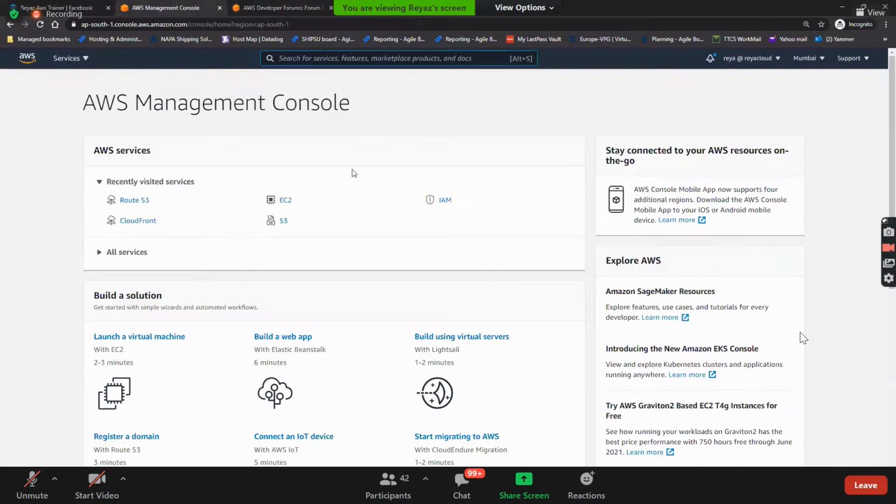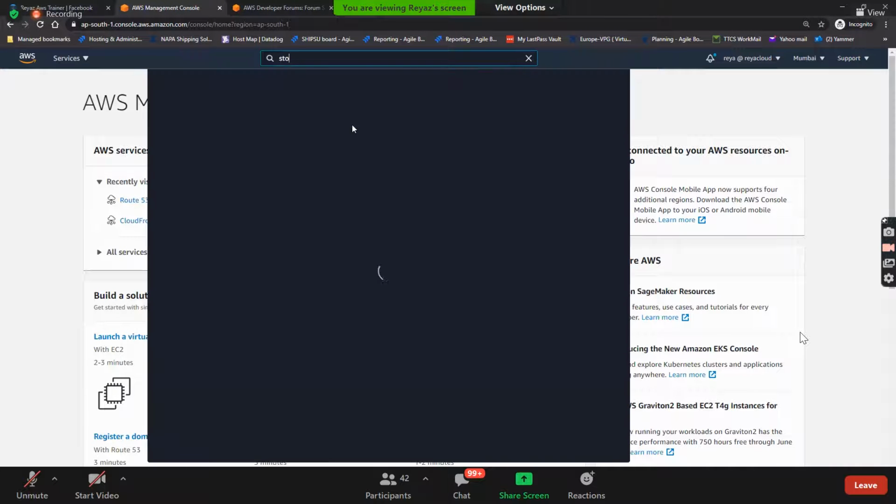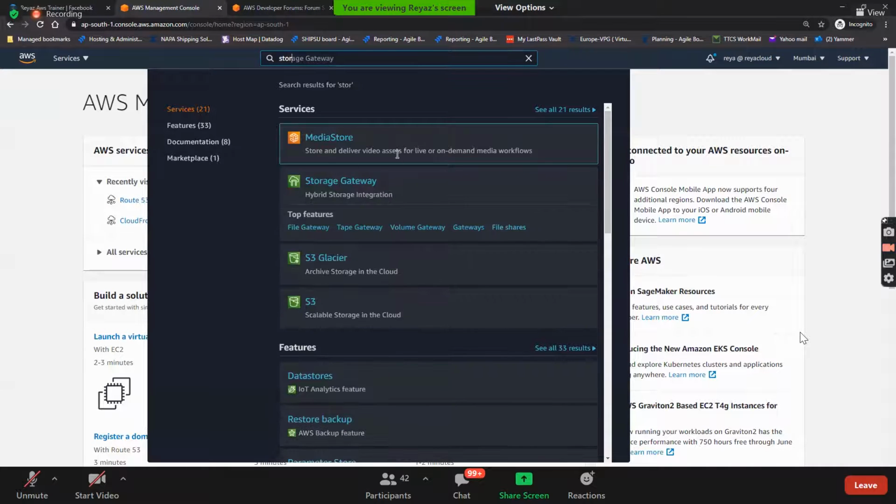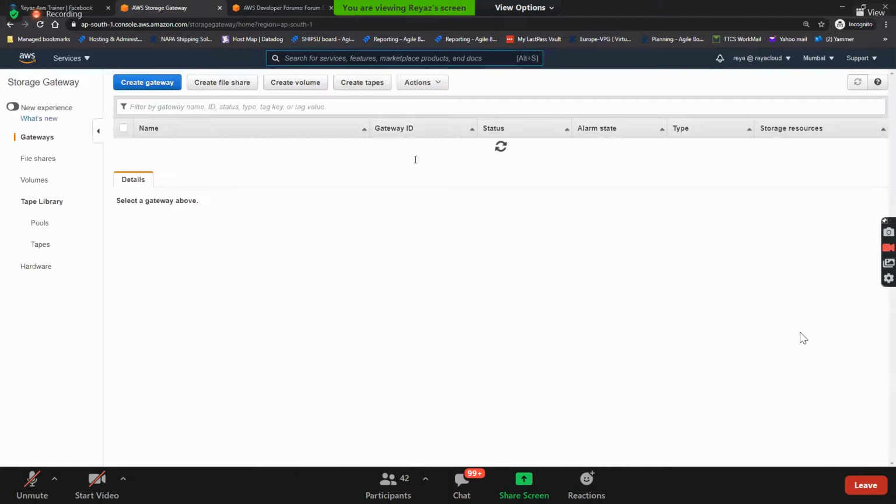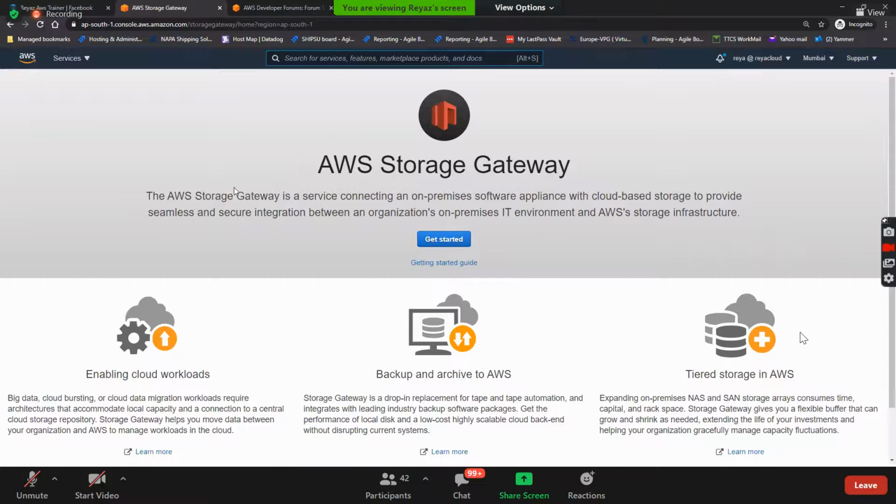Guys, first what we need to set up? Storage gateway, right? Let's go to storage gateway. See here, a storage gateway is a service connecting an on-premises software appliance with cloud-based storage, between an organization's on-premises IT environment and AWS storage infrastructure.